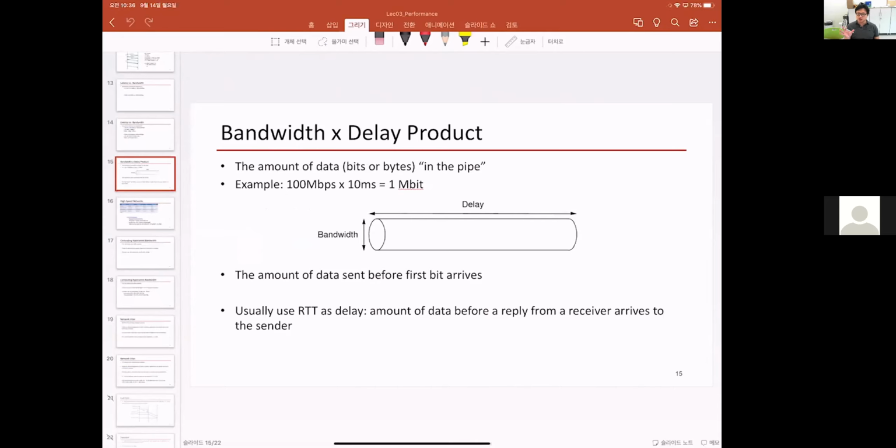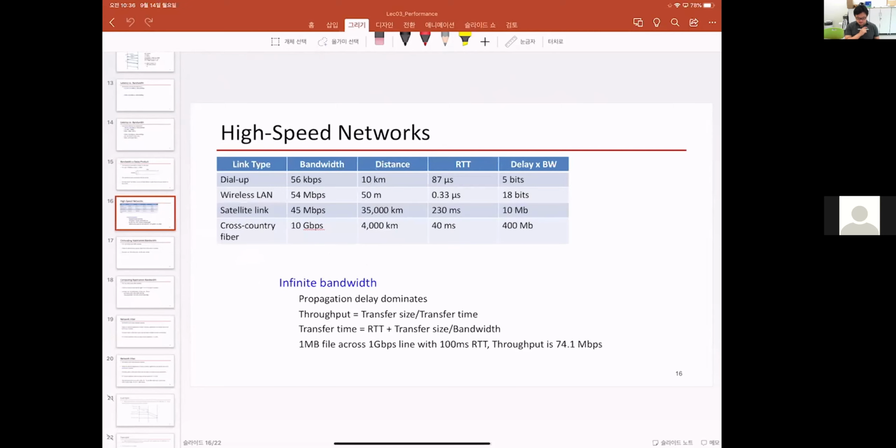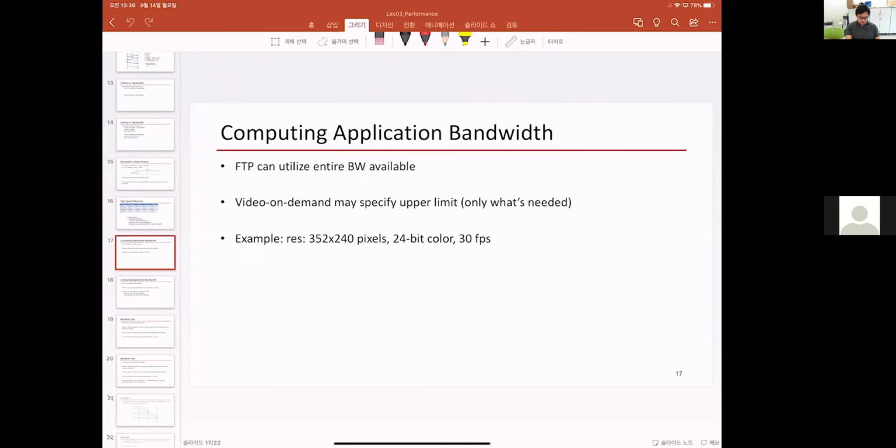So in the pipe, how much is there? Okay, something like this. And we talked about the real world delay, RTT and bandwidth. Also we talked about the right application and how we calculate the bandwidth required for the given video streaming. So the video streaming is one of